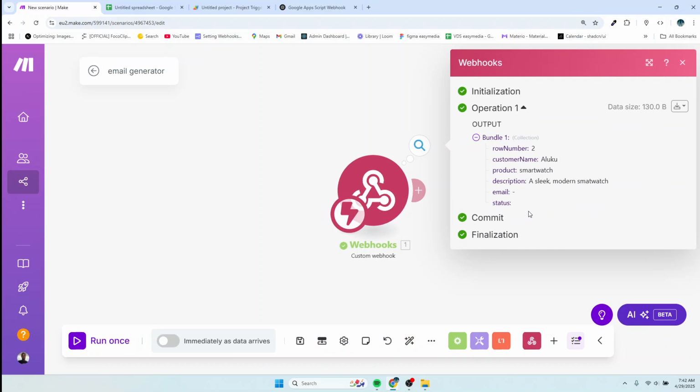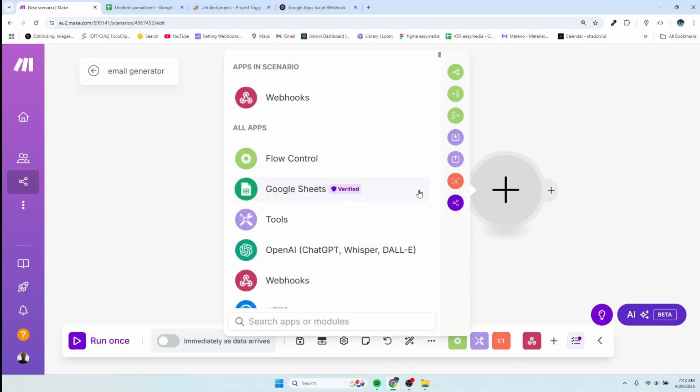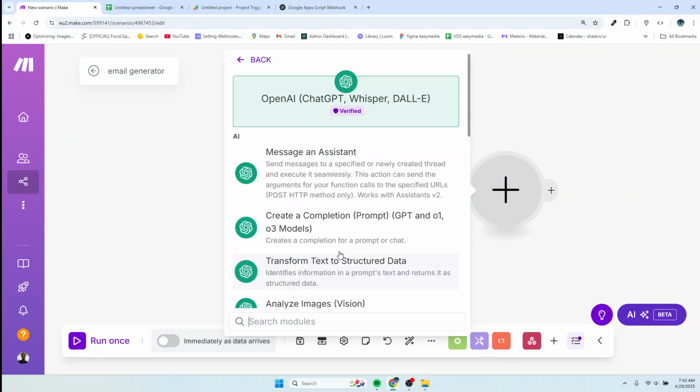Now, the next thing we want to do is trigger the AI to generate an email for us based on the product name and the description of the product. And it should be specific to Aluku. So to do that, I'll create a new trigger here. Not a trigger, but a module. So it's OpenAI,